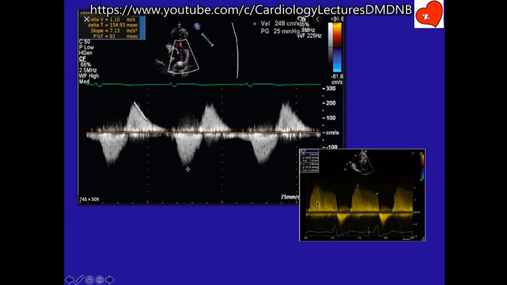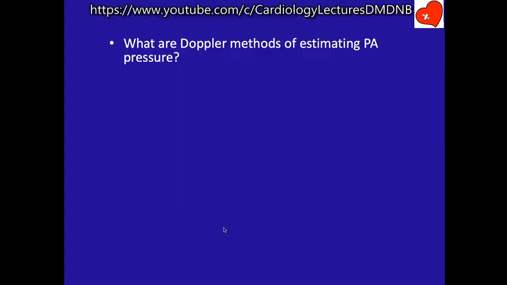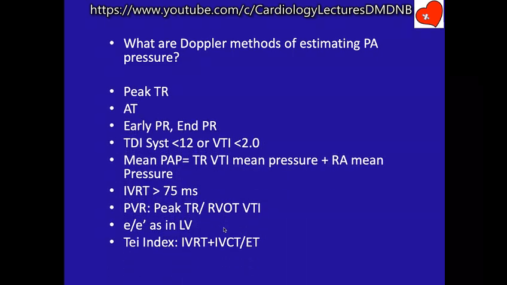And this is pulmonary hypertension with PR. It may be idiopathic PAH, it may be Eisenmenger PAH, we don't know what it is. Okay. Now, echo assessment of PAH is a very important topic. There are many methods of estimating PA pressure. I'm not going to go into the details. I think you should read it up. But all of you know peak TR. It gives you an idea of the RV systolic pressure, and by that you can guess the PA systolic pressure.